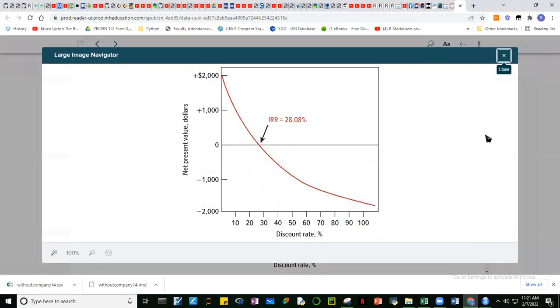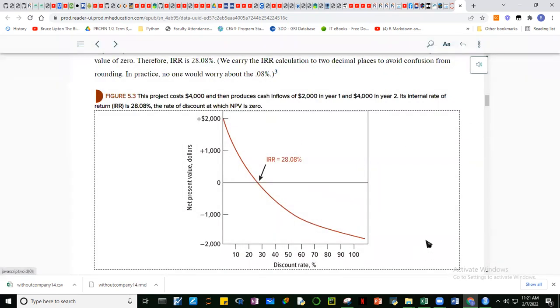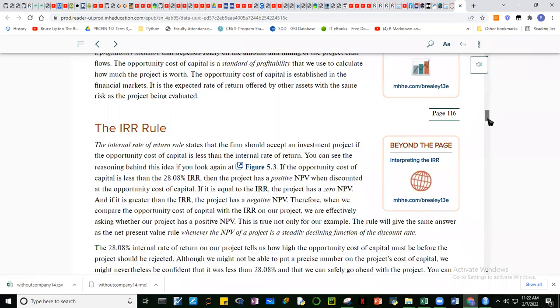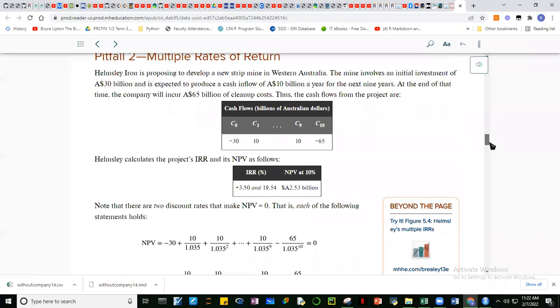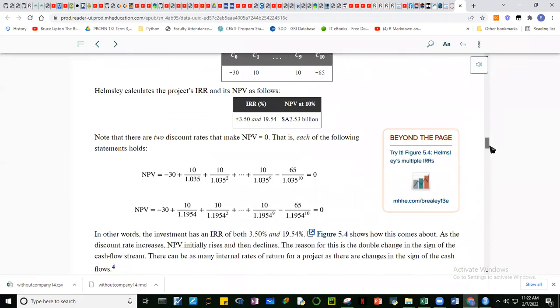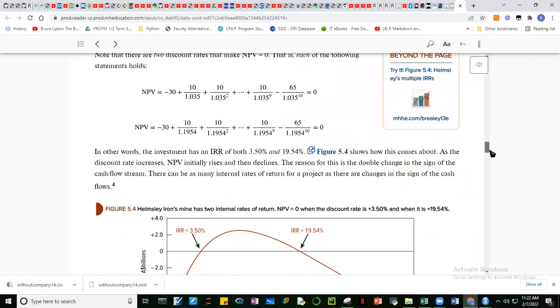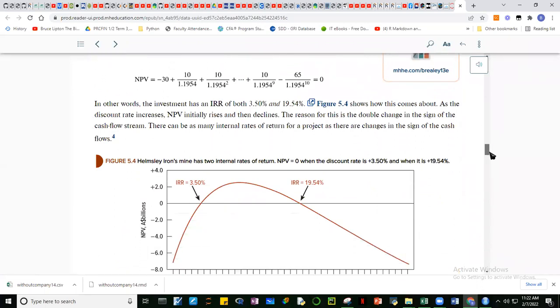Okay, so this diagram tells us guys kailan guys masasabi natin na acceptable yung project in terms of IRR. So when the IRR is greater than WACC, okay tayo. When the IRR is less than WACC, then reject that project. Okay, so that's the decision rule there. Now, sometimes guys, nagko-conflict si IRR at saka si NPV. Sabi natin, always follow the NPV. Okay, by virtue of the more correct, theoretically sound principle in computing for the NPV.